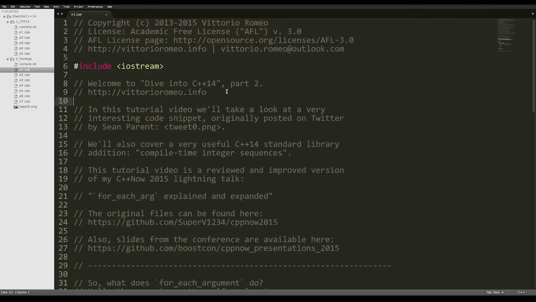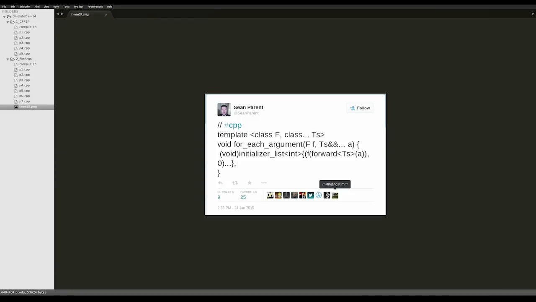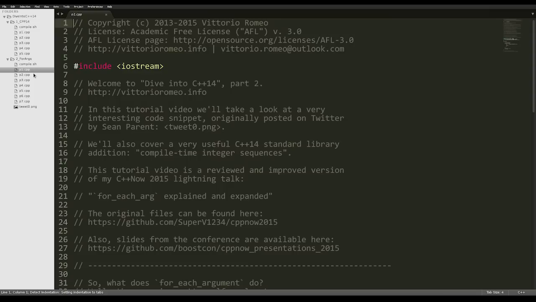The first video was just a brief overview of some of my favorite new core language features. In this video, we're actually going to take a look at an interesting code snippet, which was originally posted on Twitter by Sean Parent, and this is the tweet. It's a very interesting piece of code, which looks quite scary at first, but let's dive into it and see